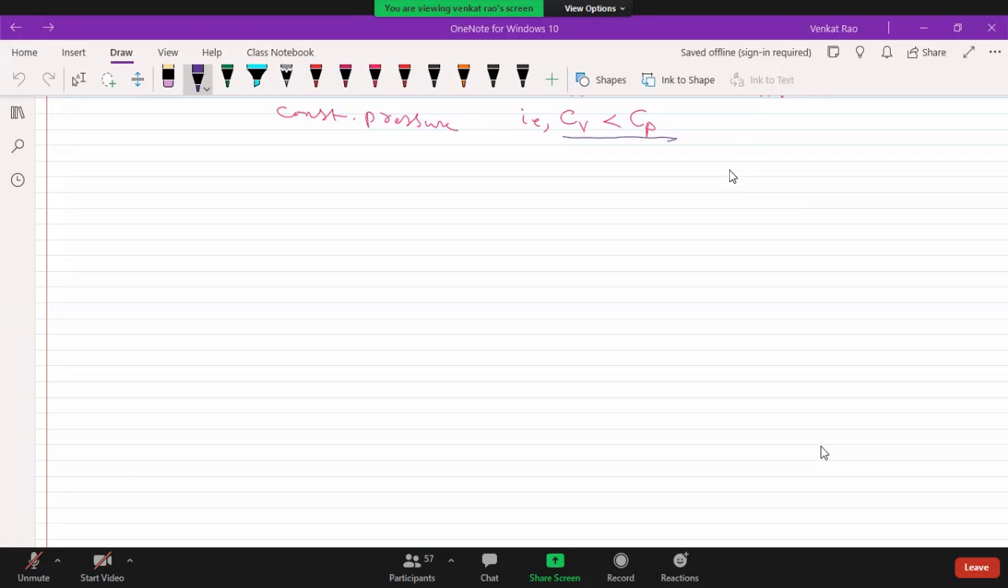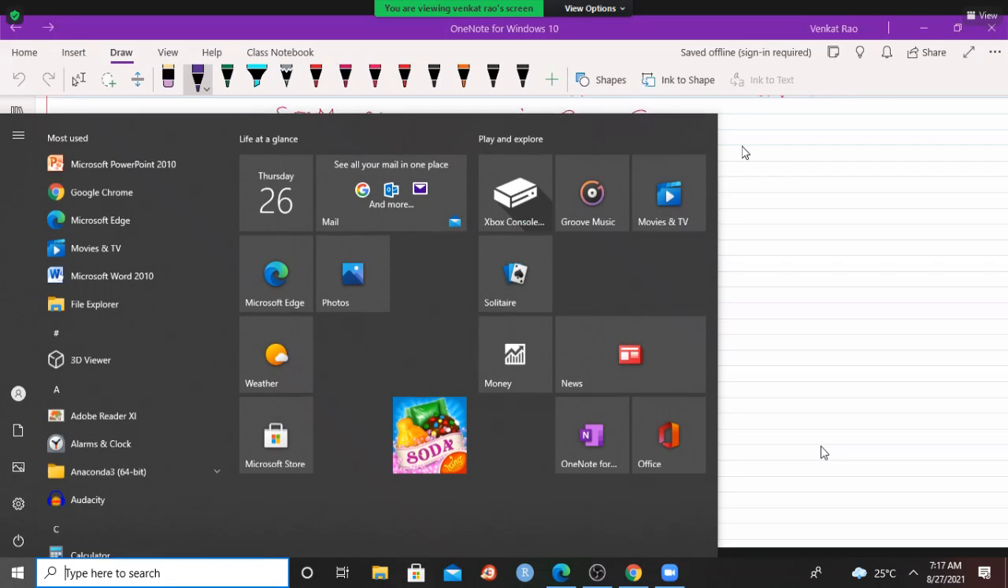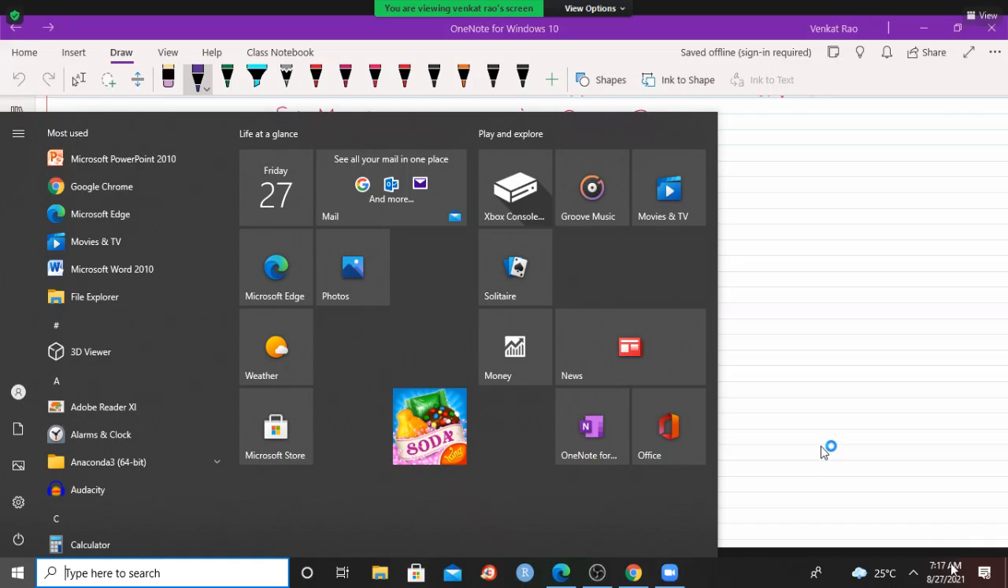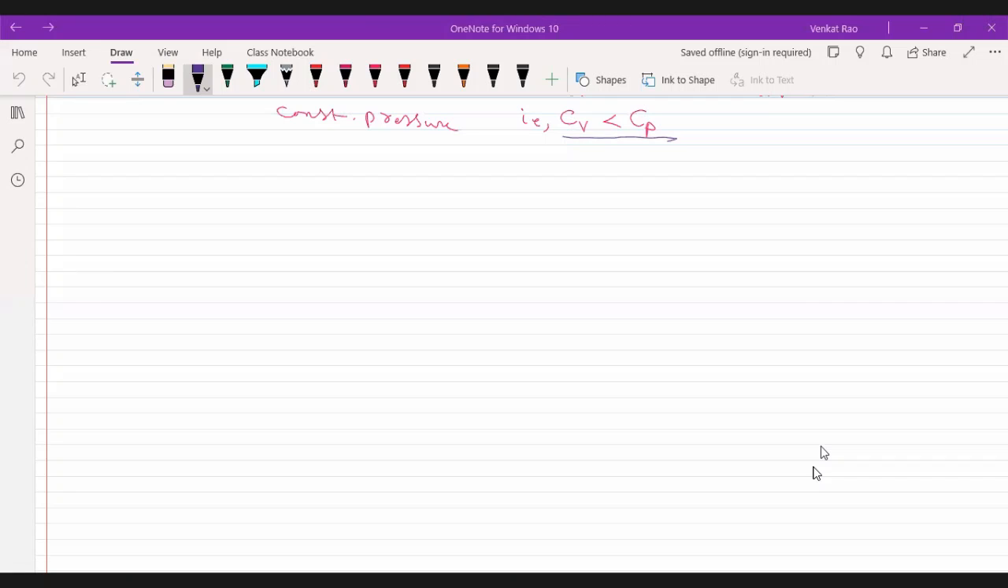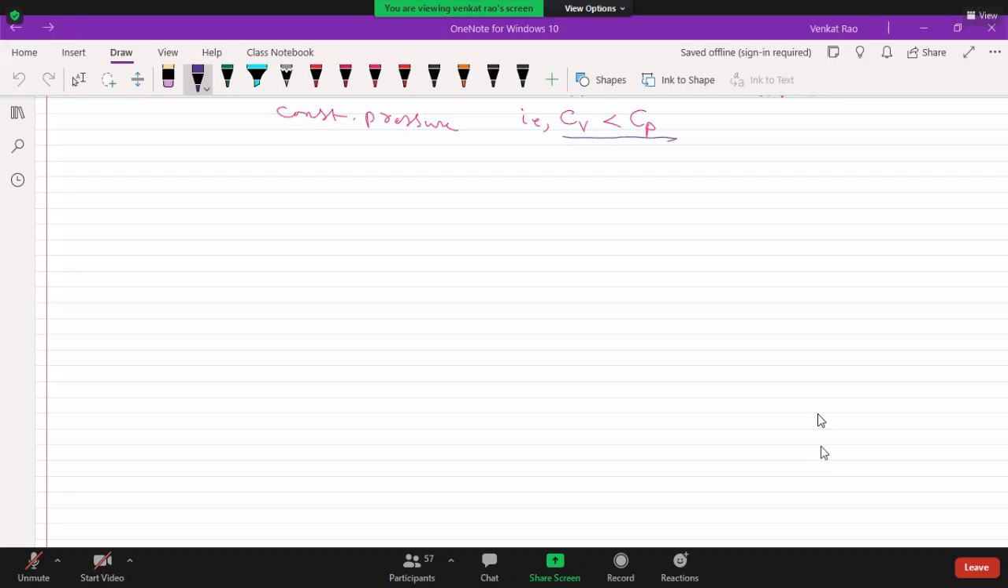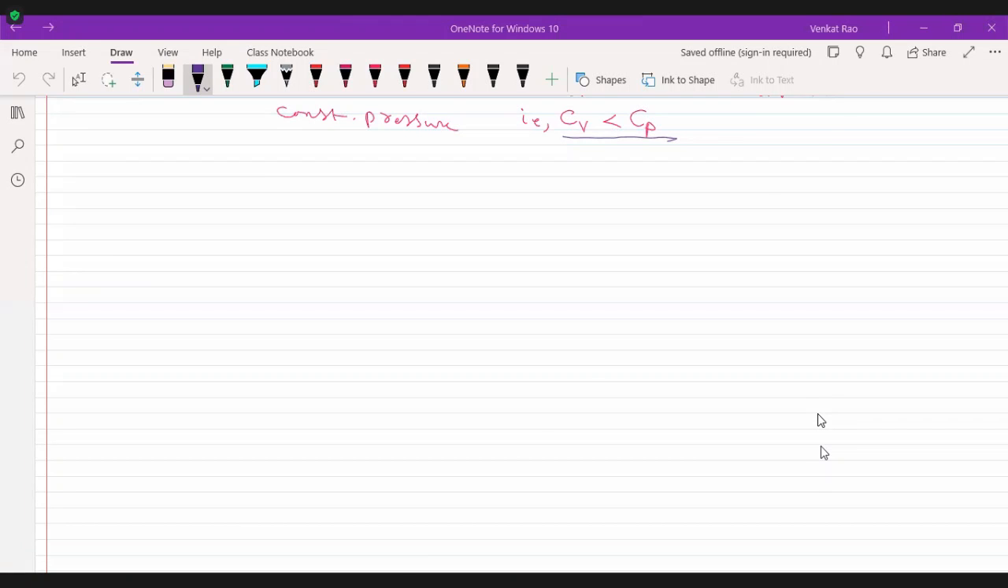So yesterday we have discussed about thermometry, scales of temperature, conversion of one scale to another scale, and then different thermometers and their ranges. Next one is